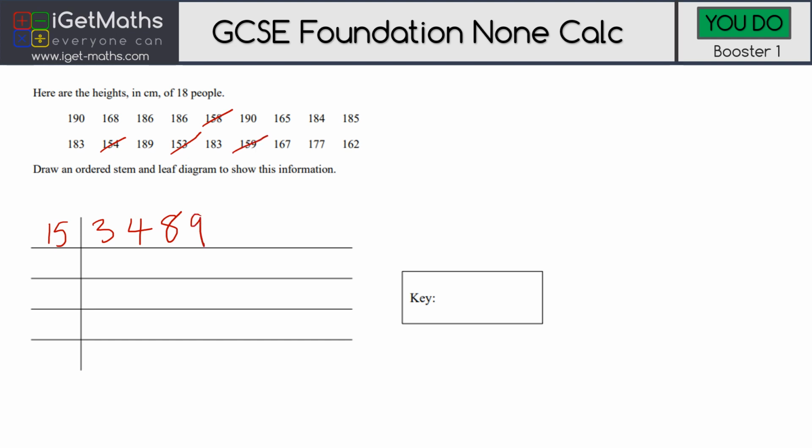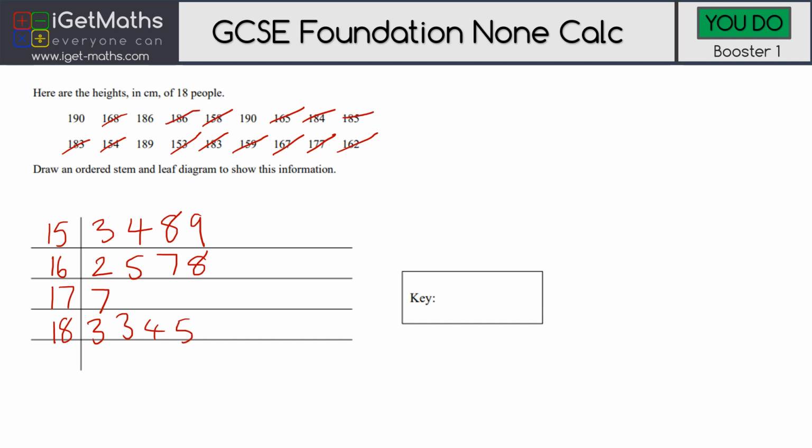and then it goes in the 160s, so we've got 162, so it's going to be 16, 2, and then let me check for this next smallest, which is 165, and then the next smallest after that one is 167, and then we've got 168, and then we're going to go to 17, and we've got 177, and there's no more in the 170s, so we're going to the 80s, so 180, 183, 183 again, and then we've got 184,